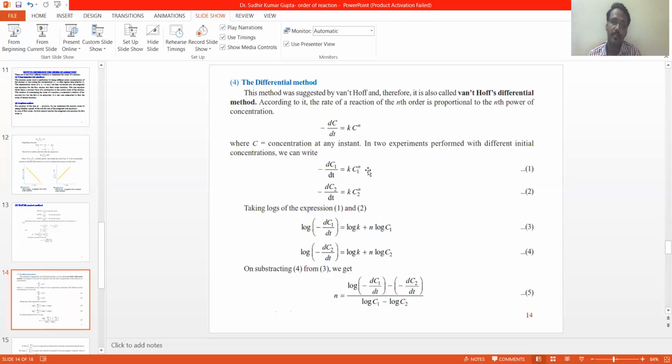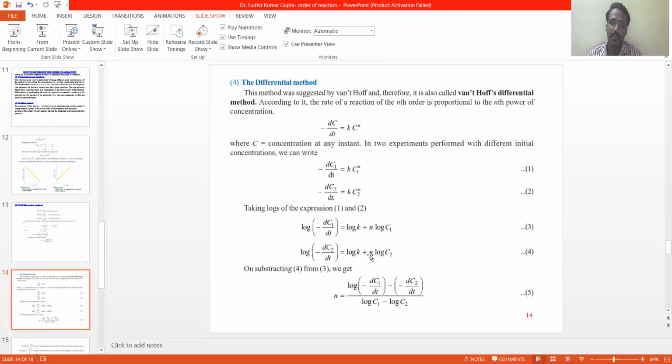If we take log on both sides, then what will happen? Log of minus dC1 by dt will be equal to log K plus n log C1. Similarly, log of minus dC2 by dt will be equal to log K plus n log C2. If we subtract these two cases, then what will happen? Log K is common, so it will be cancelled out, and we will get an equation which can be rearranged by